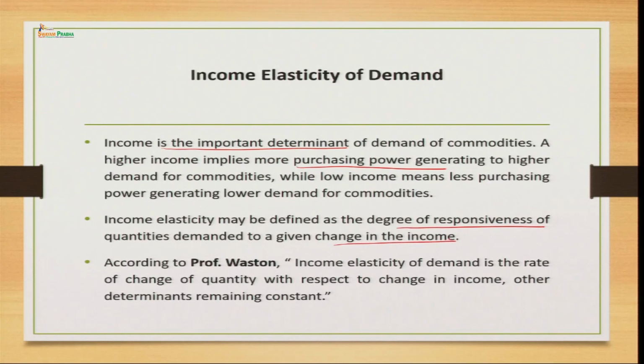Here we are going to study the impact on the quantity demanded due to the change in income. And I believe all of you are able to understand up to this point that whatever elasticity we are studying at that point of time, we have to assume other factors to be constant, like we have studied in the law of demand, right. In the law of demand, we were studying the relationship between price and demand, so we assumed other factors to be constant. Same in the case of elasticity, when we were establishing the relationship of price on quantity demanded, we assumed other factors to be constant, like income, price of other goods, taste and preferences. Same is the case when I am establishing a relationship of income on quantity demanded, I have to assume other factors to be constant.